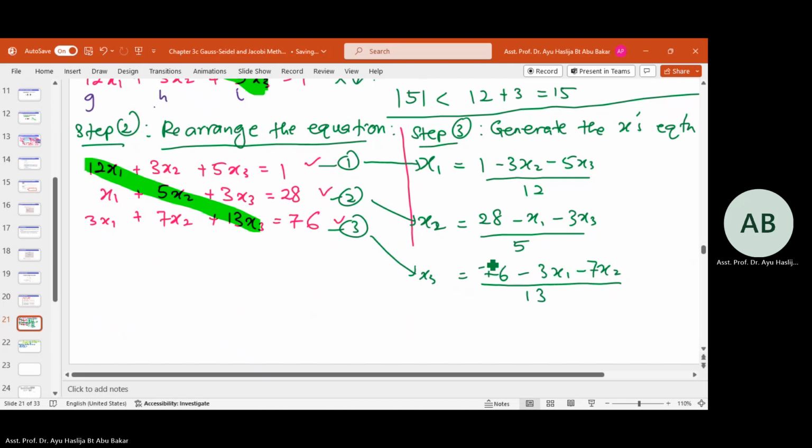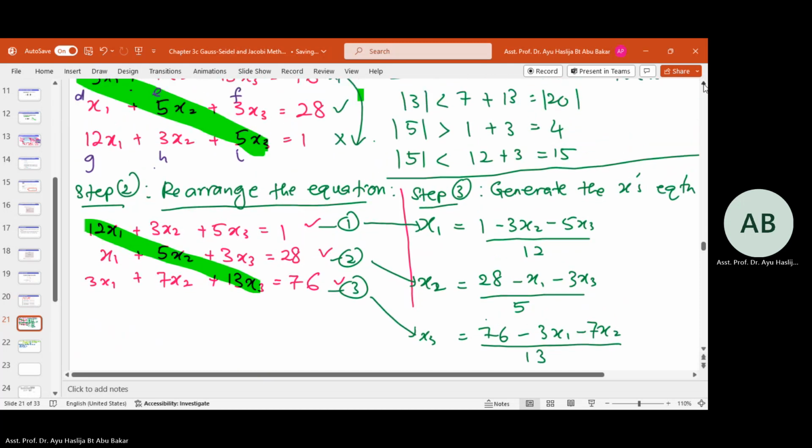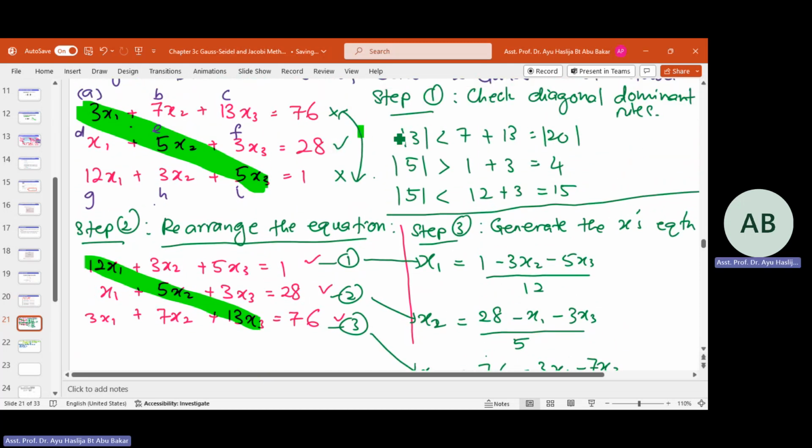Okay. Up to there. Okay, Ruben? Now, if your original equation already fulfills the diagonal dominant, so step 2 can be skipped. If all equations fulfill the step 1, the diagonal dominant, then proceed to step 3,